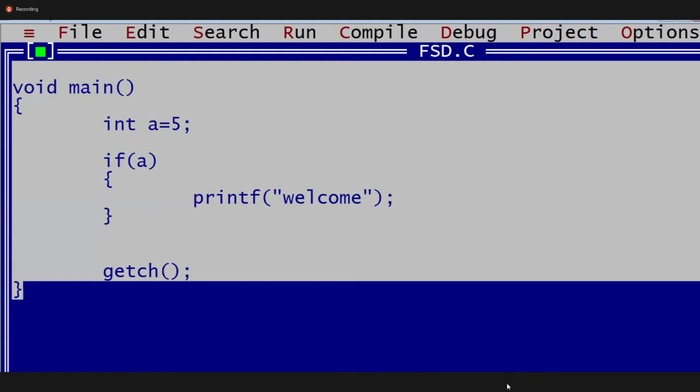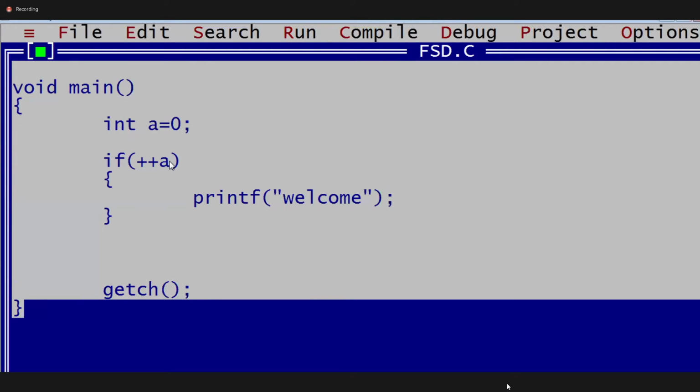Yeah, for example, next question, guys. See this, a is 0. Now next one. Tell me ++a, guys. Printf. Now I am going to printf %d a value. Guys, tell me the answer. Is the condition true or false? If true, what happens?